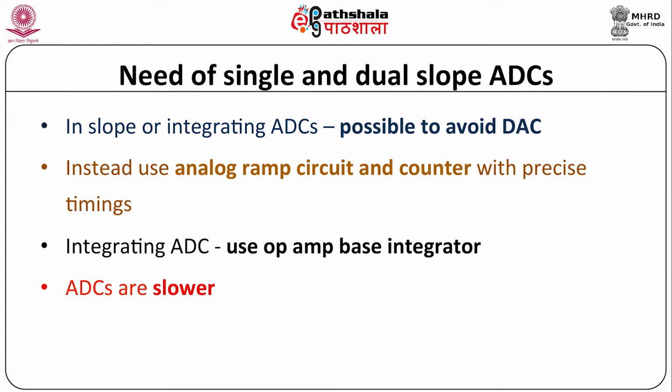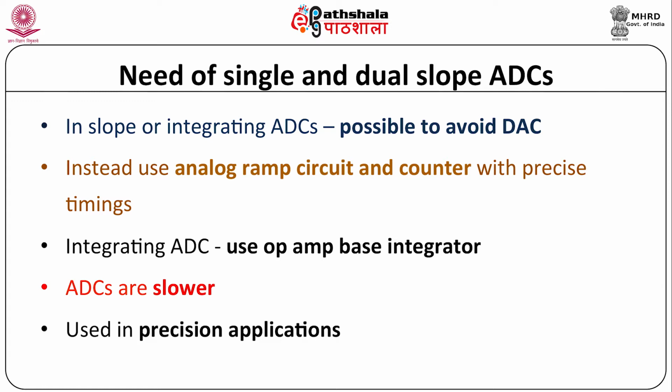Such ADCs usually are slower because of the time required for the integration. The speed of the ADC can be improved by sacrificing the resolution. Although integrating architectures are not very popular, they are still used in a variety of precision applications such as digital